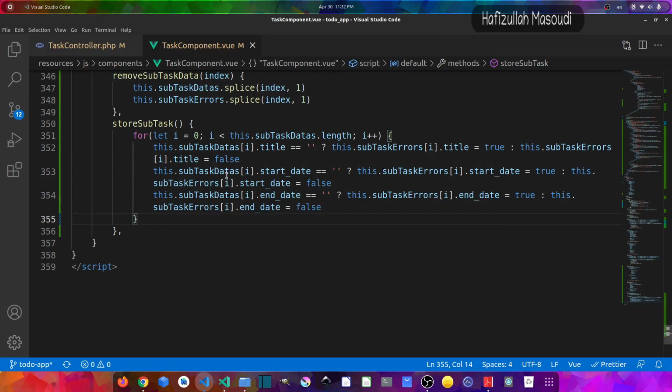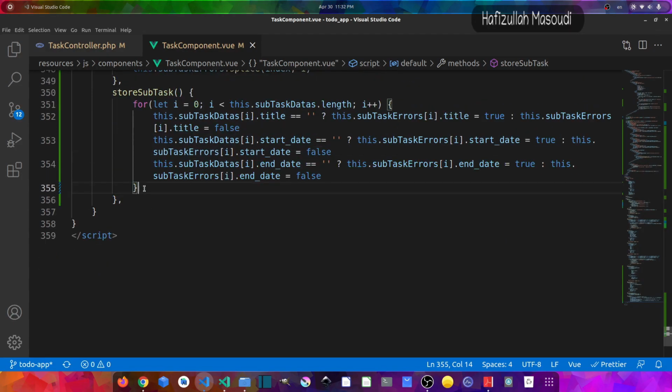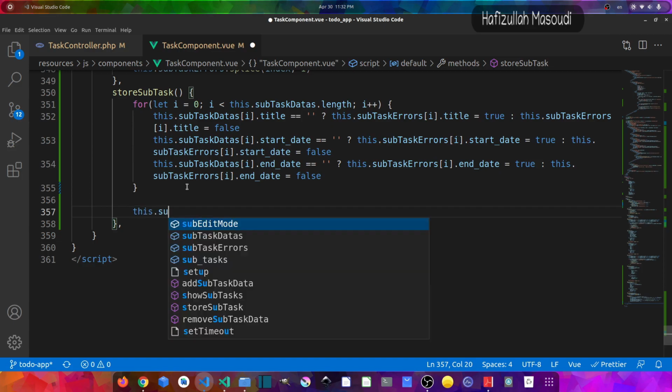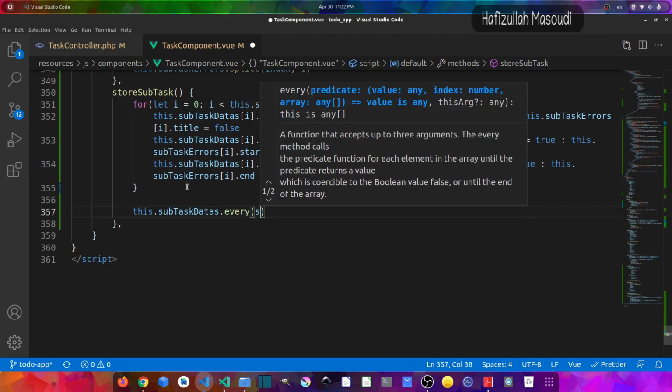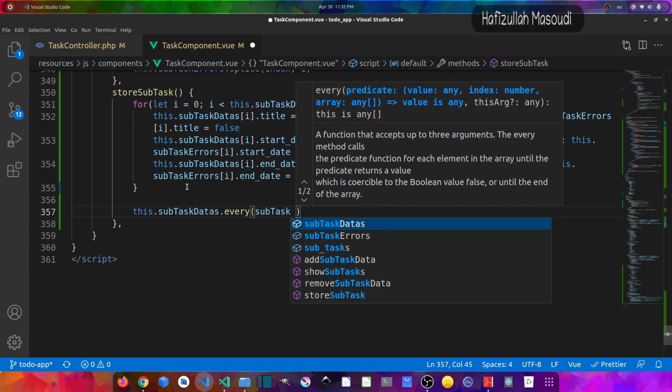So this is the validation part. Now the next part is, guys, that we also have to find a way to check for all the validations if they are false. So we can use another function of JavaScript, which is the every function. So let's say this.subtasksData, and then we want to check every field available in this array. So in here we can say .every, and it should take a function which will take a subtask, and